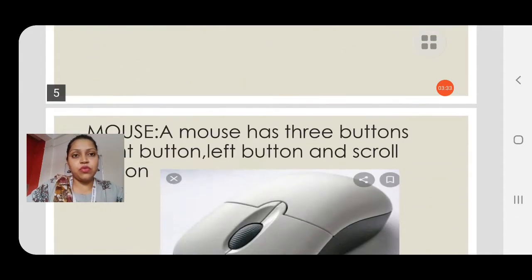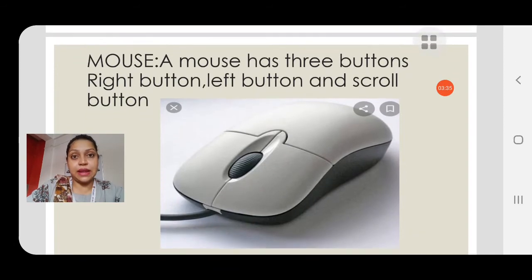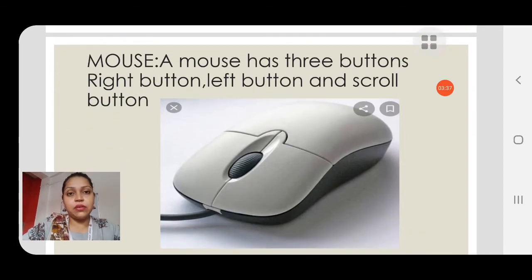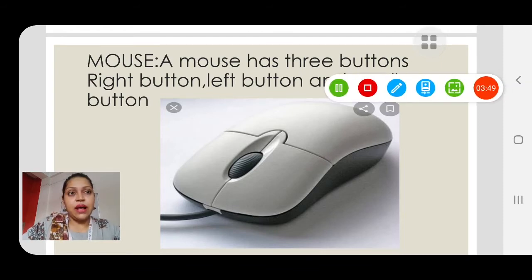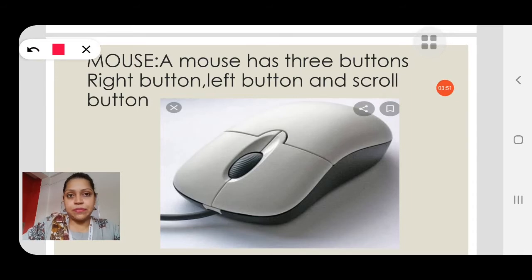Now let's move to the next part of a computer, which is, children, a mouse. And what is there? A mouse has 3 buttons: right button, left button and scroll button. So children, a mouse has 3 types of buttons, a left button, a right button and a scroll button.